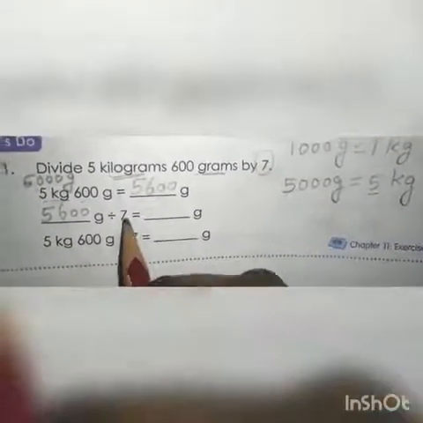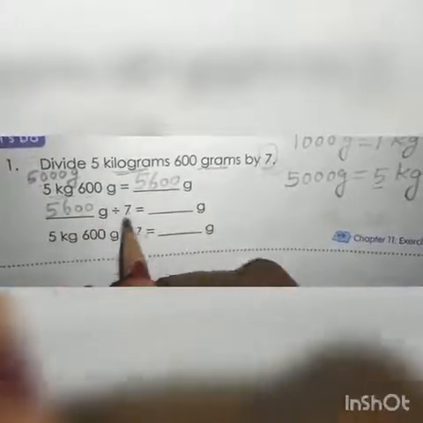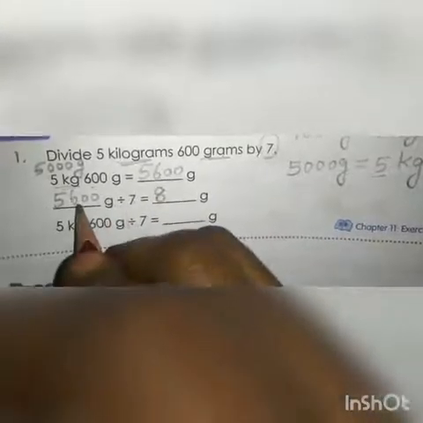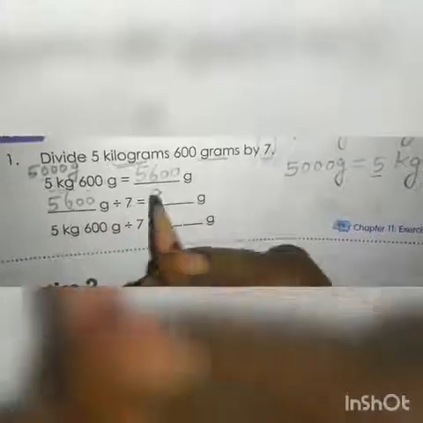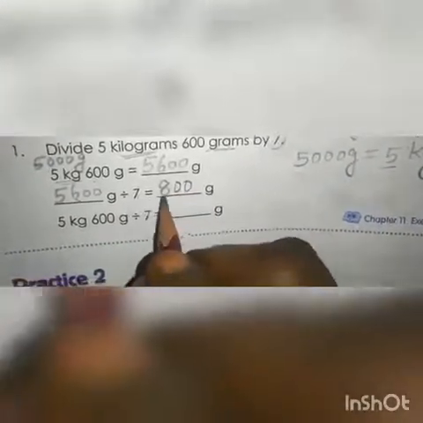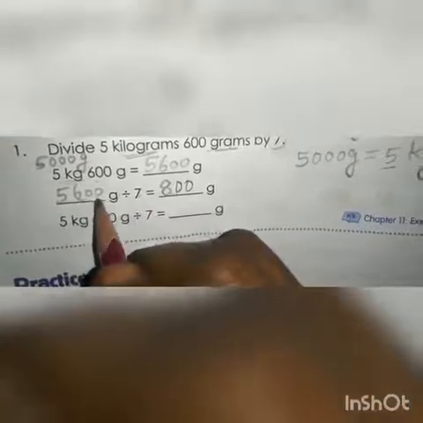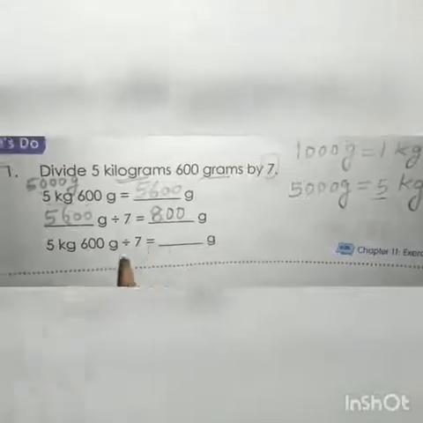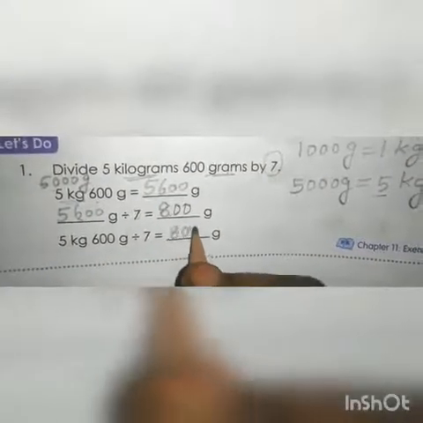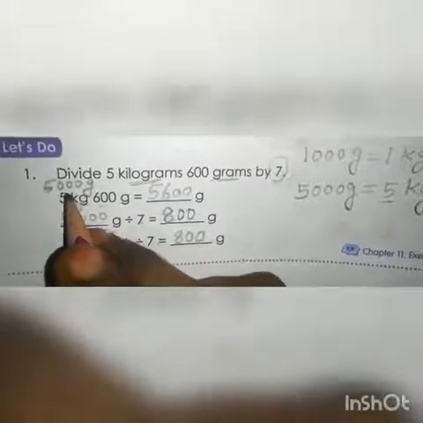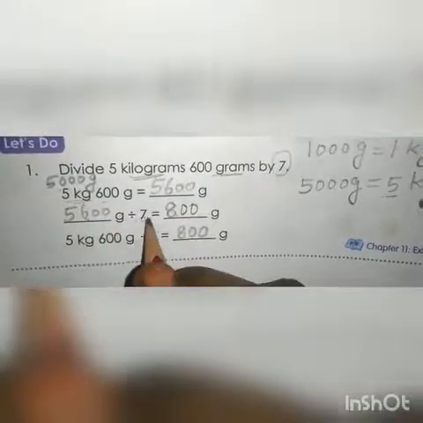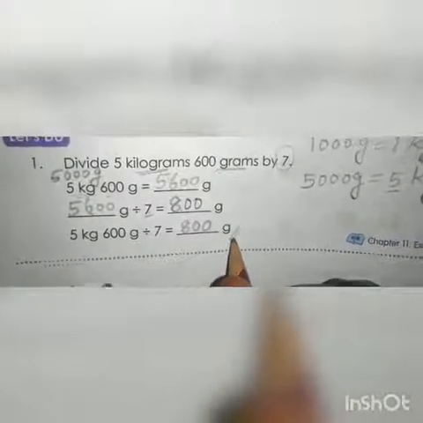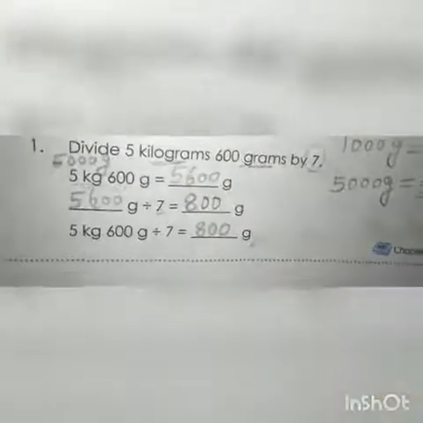We have to divide this 5600 gram by 7. Okay. So how many times we will get 7? How many times we will get 56 from 7 table? 8 times. 8 sevens are 56. So we will get the answer as 800. 800 into 7 is 5600. So if you divide this value by 7, then we will get the answer as 800 gram. Therefore, converting the compound unit into smaller unit, then we do a division over here. It is very easy for us to find the value by using division method.